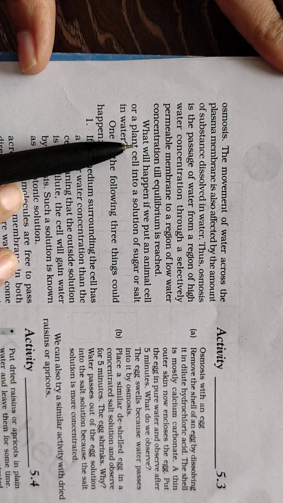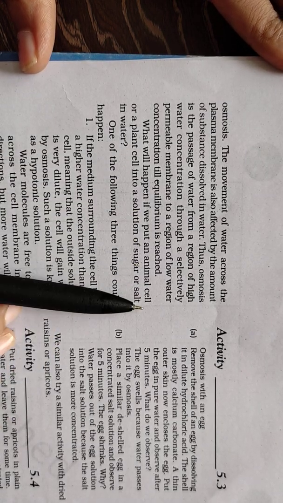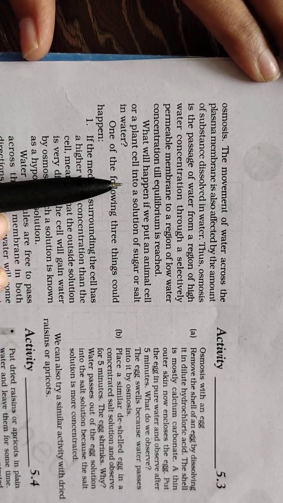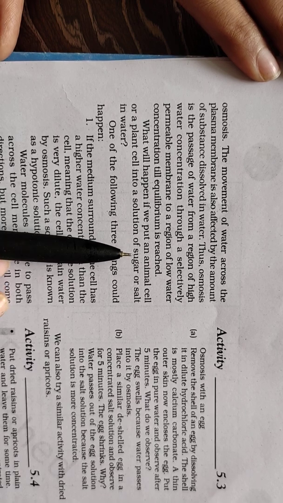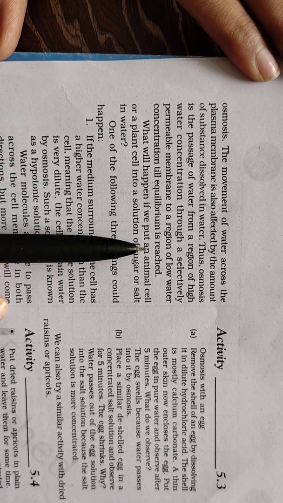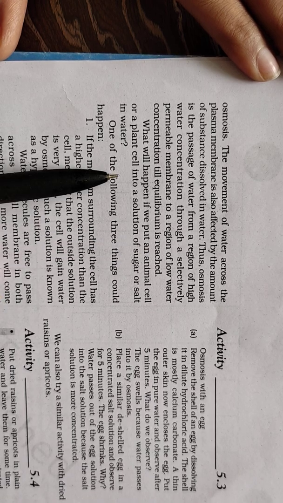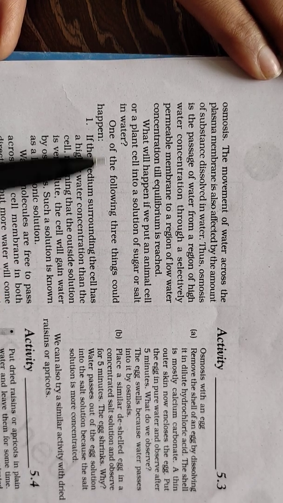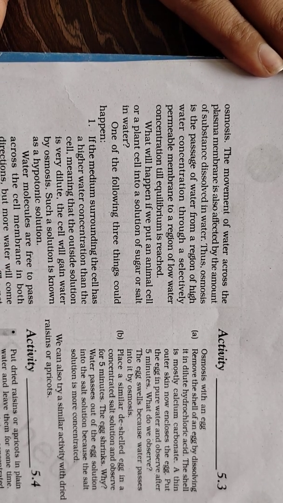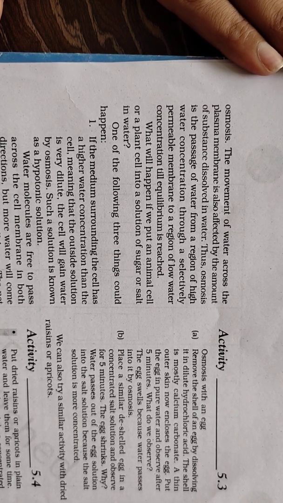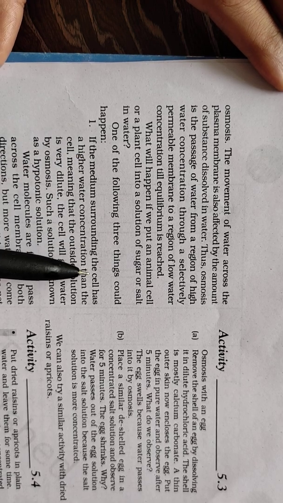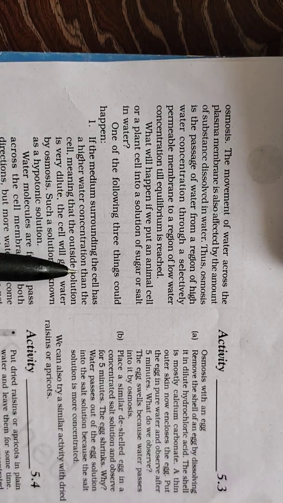Right. So now what will happen if we put an animal cell or a plant cell into a solution of sugar or salt in water? It means we are preparing a solution in which we have dissolved sugar or salt into the water. So if we put a plant cell or animal cell in this kind of solution, then what will happen? One of the following three things could happen. The first thing is, if the medium surrounding the cell has higher water concentration than the cell,